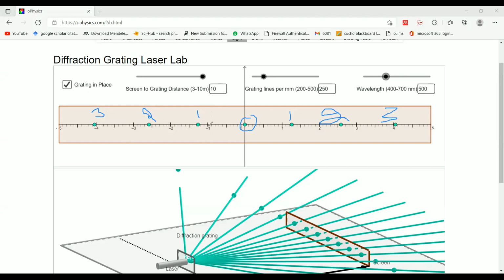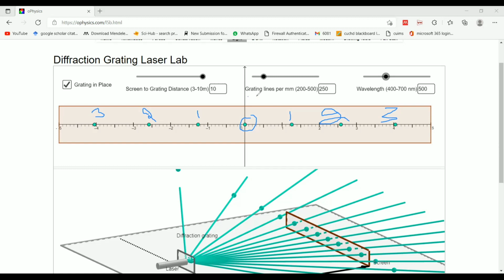Here, this is 1 meter, this is 1.1, 1.2, and the first order of the diffraction pattern lies between 0.2 and 0.3, which is equal to 1.25 meter. Similarly, for the second order of the diffraction pattern, this is 2.55. Similarly, for the third order, 4.05.